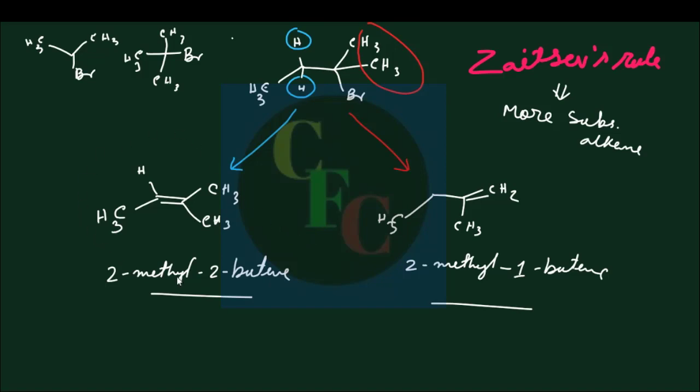Now if you consider these 2 cases, here you see this is only a di-substituted product, because along the double bond, one of the carbons is bearing only 2 hydrogens and the other carbon is bearing 1 methyl and 1 ethyl group. So these are the 2 substituents here. The hydrogens are not considered as substituents, so we can call this di-substituted.